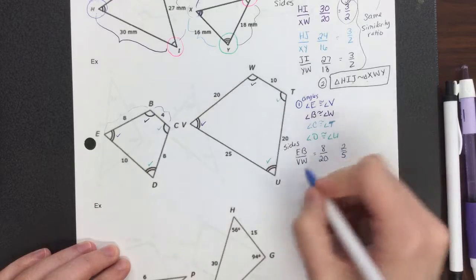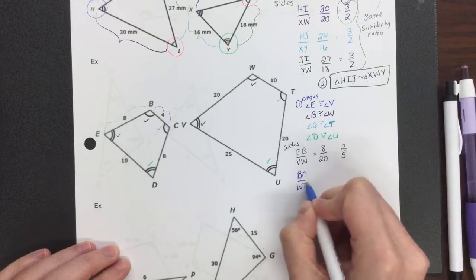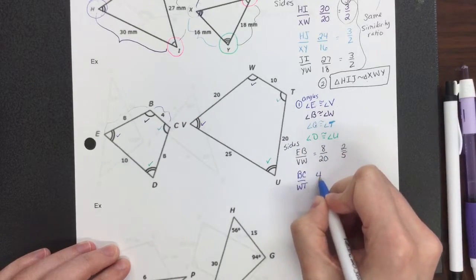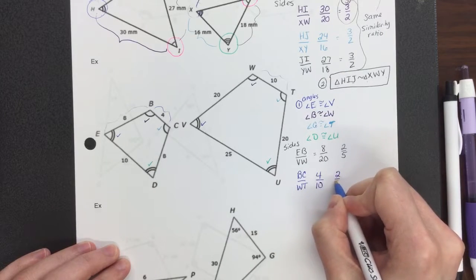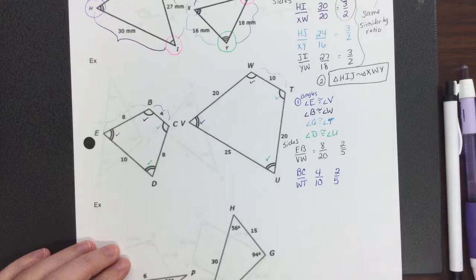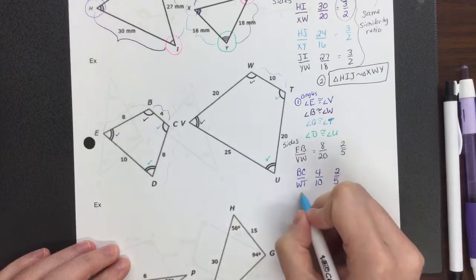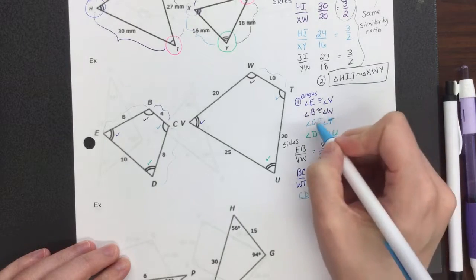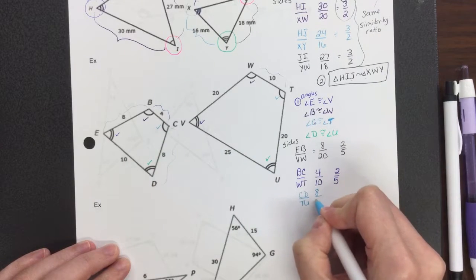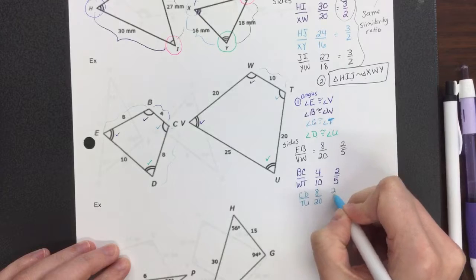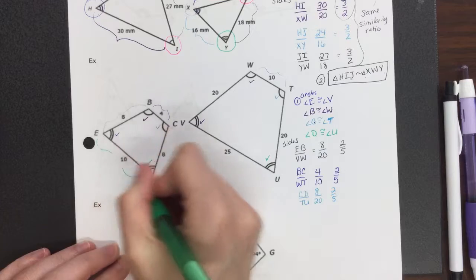So trying the next one, BC. BC is going to match up with WT. BC has a value of 4 over 10. 4 over 10 will simplify to 2/5. Next, we're looking at CD over TU. CD has a value of 8 over 20, and we know 8 over 20 simplifies down to 2/5. To check the last side we have to do is ED